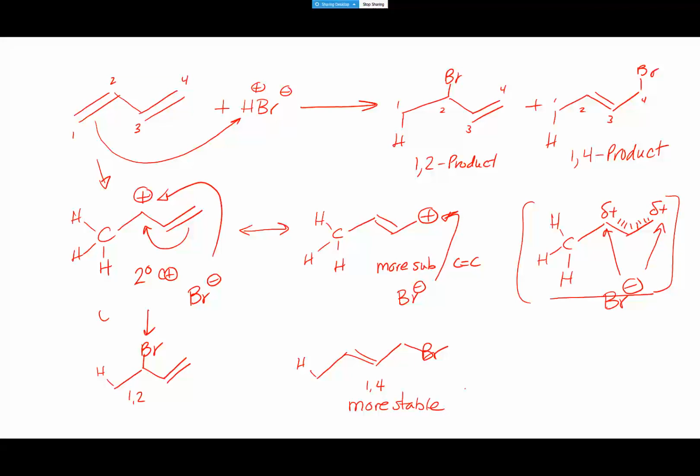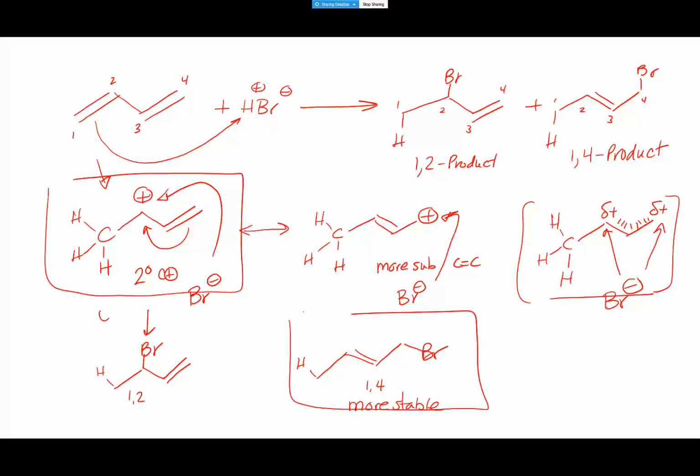Okay. So I now have the more stable intermediate producing the less stable product, and the less stable intermediate producing the more stable product. It's going to depend, the conditions are going to dictate which one I get. In general, this is the more stable intermediate. This is the more stable product. I now have a situation where